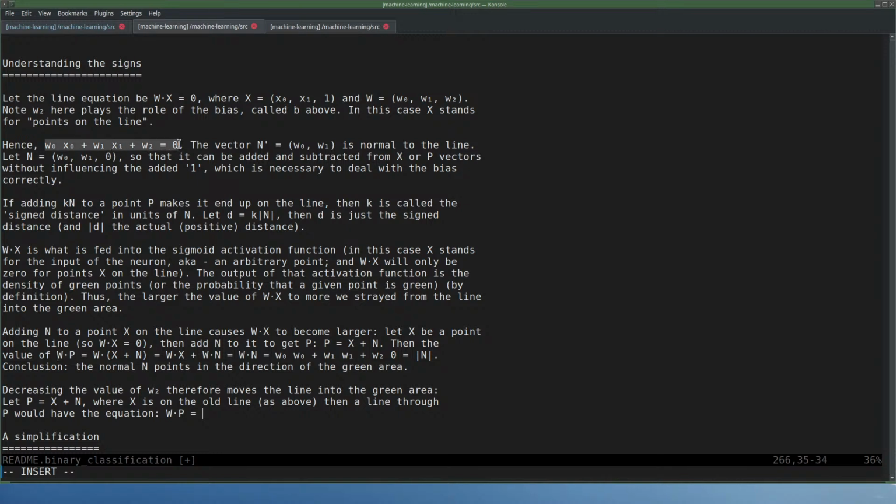This prime equals 0, and these are now the P values. Yeah, plus this, right? So